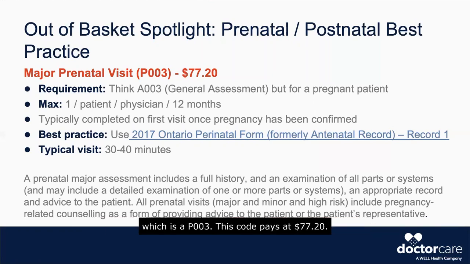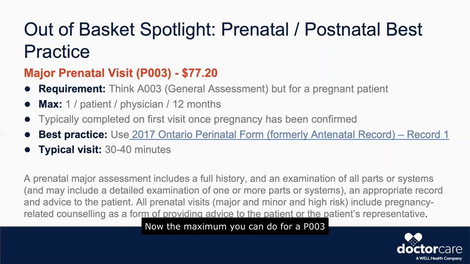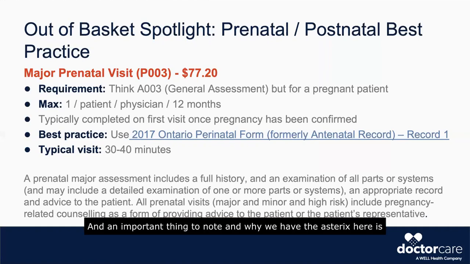This code pays at $77.20. I like to think of this as an A003, very similar to that general assessment, and yet on a pregnant patient. Now, the maximum you can do for a P003 is 1 per patient per physician in the last 12 months. And an important thing to note, and why we have the asterisks here, is that